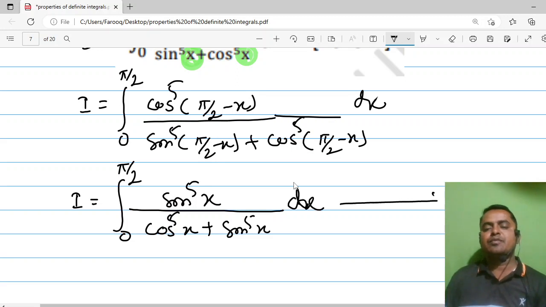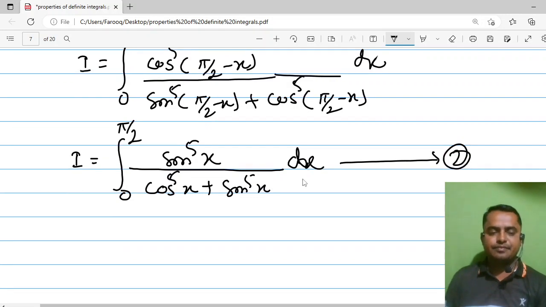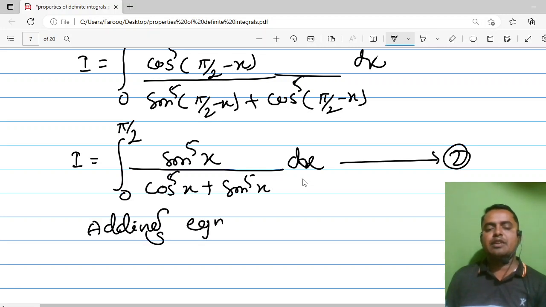Equation 2. Again the same, adding equation 1 and 2 we get,